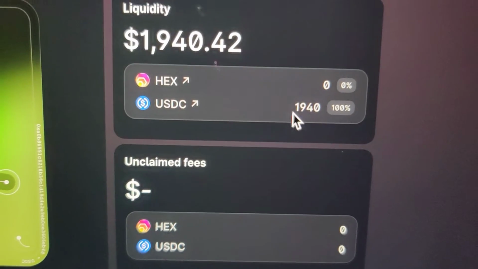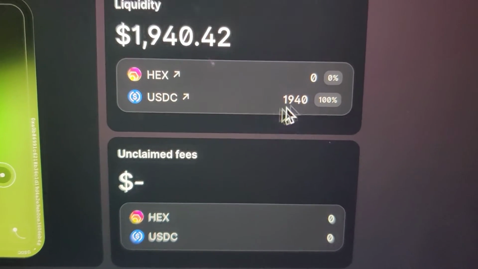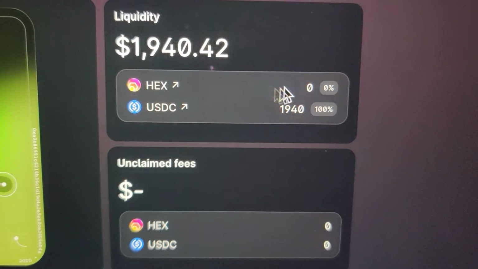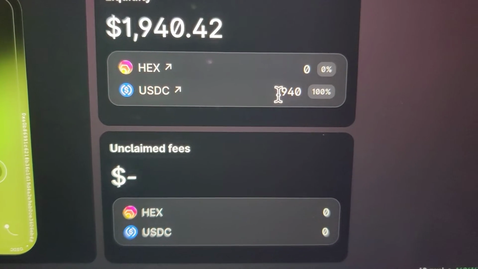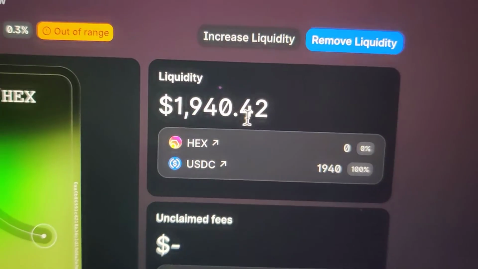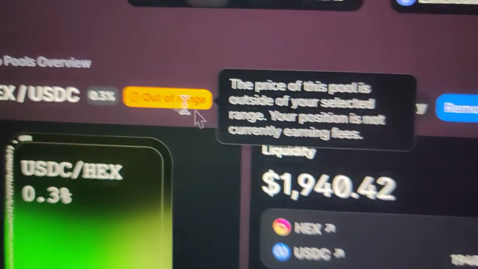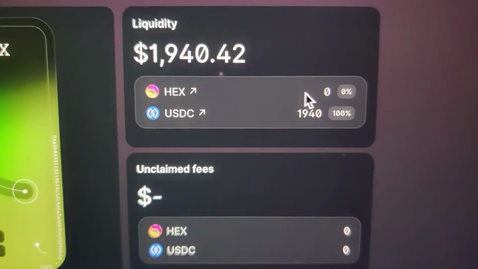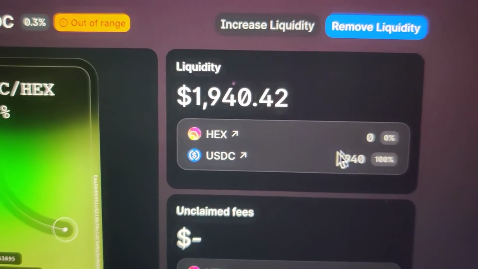Let's say I have a crap ton of hex and all my USDC is gone because the price has dropped down below, like let's say, 1.5 cents. It's dropped out of my range on the low end. Then I'll have all the hex that I want, and my USDC will be gone because it'll be out of range again. So right now it's out of range because it's too high and it hasn't gone through my range. But if it goes through my range and then it's out of range because the price is too low,